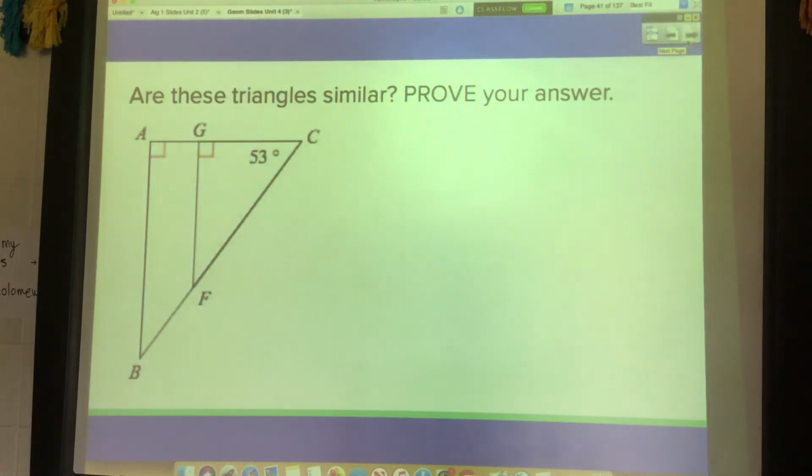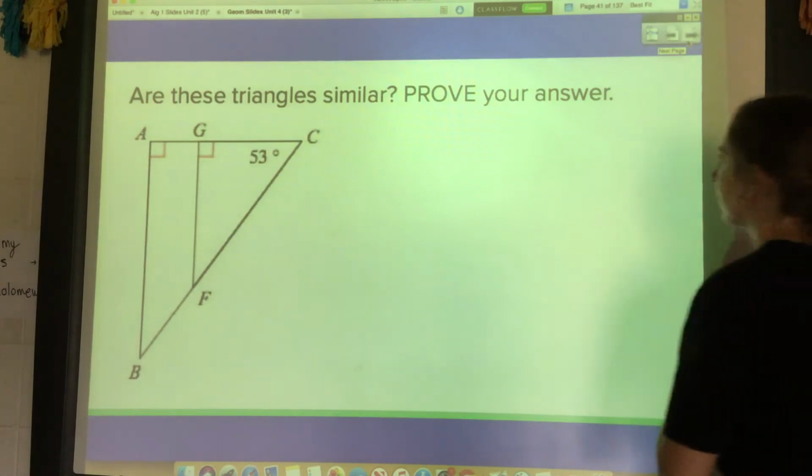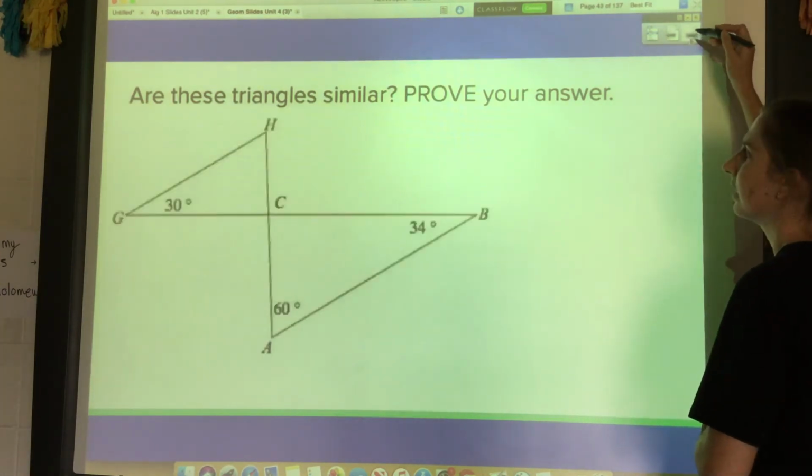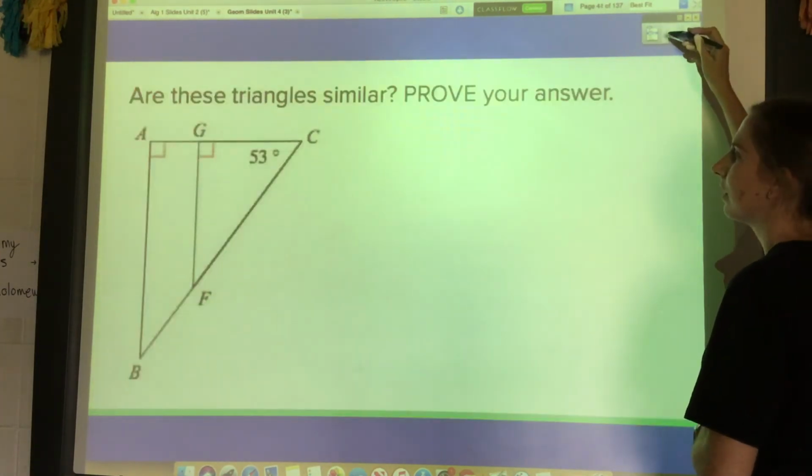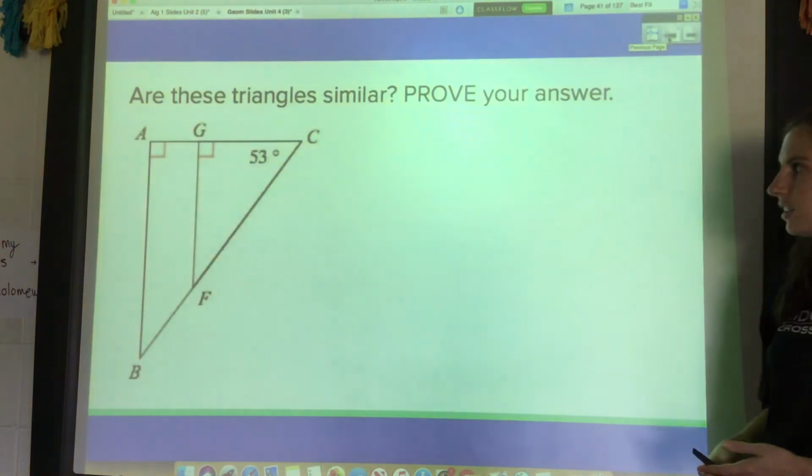Let's try another one. If I want to know if these are similar, how many more do we have here? A few more. Okay, 3 more. If I want to know if these are similar,